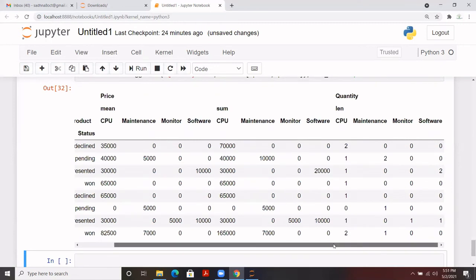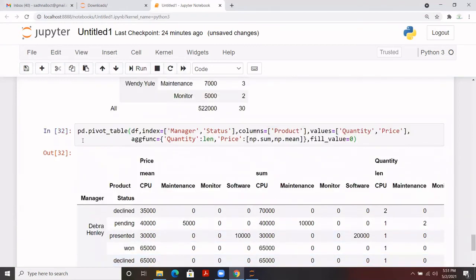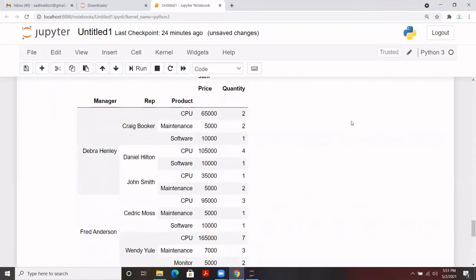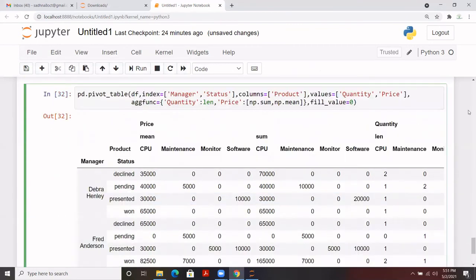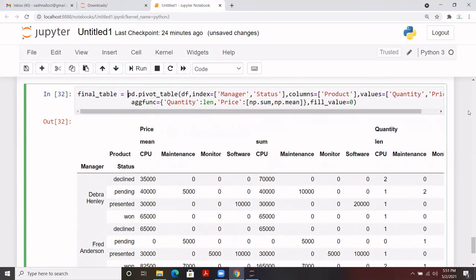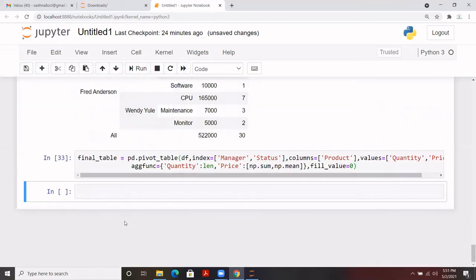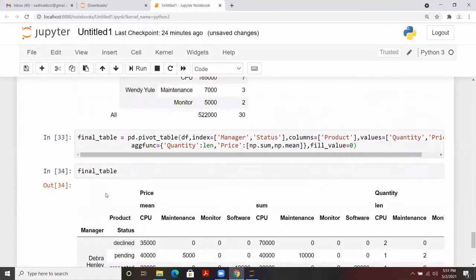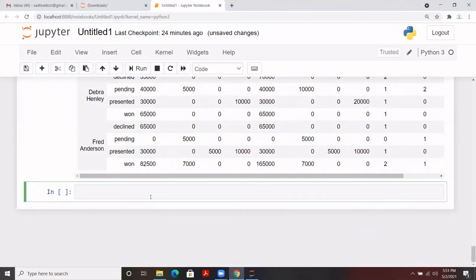So let's say I'm done with all the summarization that I wanted to have. Let me store it to a new variable. I mean, how I'll be using it. That's a final table. Let's say I have stored that into that particular variable. So let me run it once again. So on the final table, I can apply some advanced queries as well. This is the final table. So now we are going to do advanced pivot table filtering.